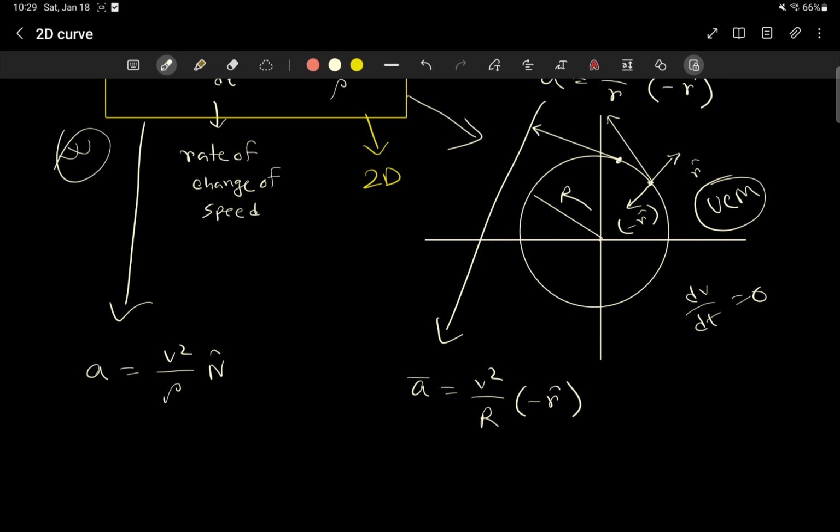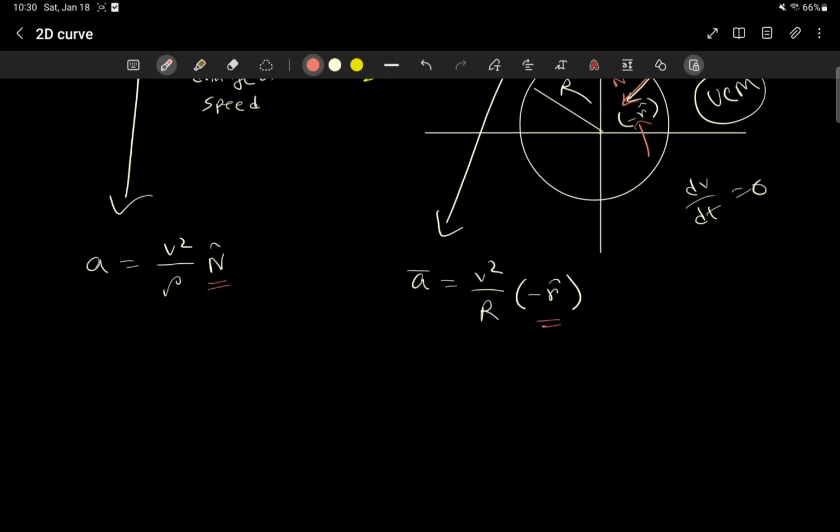So of course the normal vector, which is perpendicular to t, must be in this direction. And there is a simple thing to notice here. The normal vector has unit magnitude, and the negative sign here only means the direction, right? The positive here means the outward direction, and negative here means the inward direction. So actually this and these both are similar, and of course if they both are the same vector, then their magnitude must be the same, v squared divided by rho, and from here you get v squared divided by r,